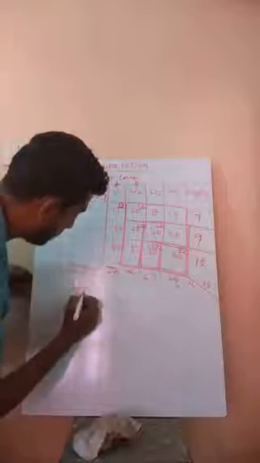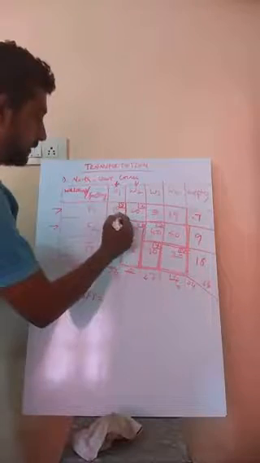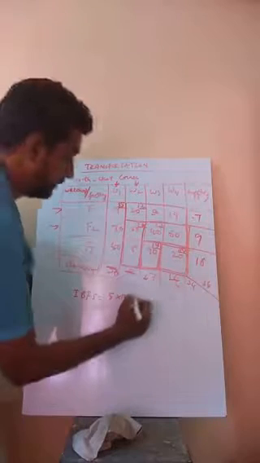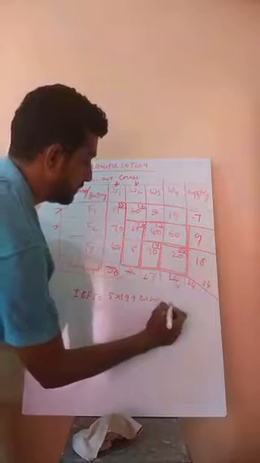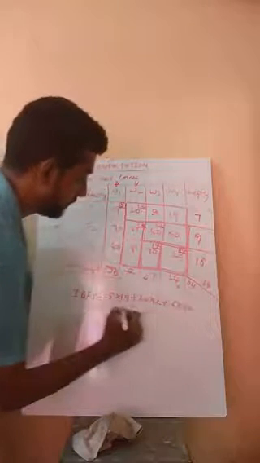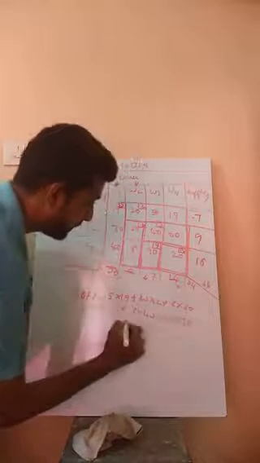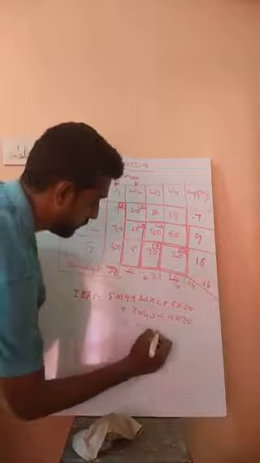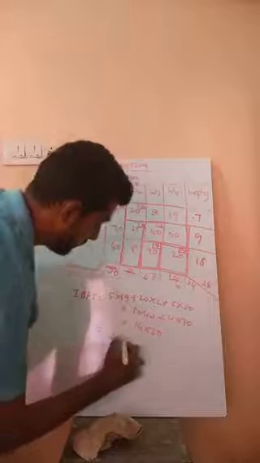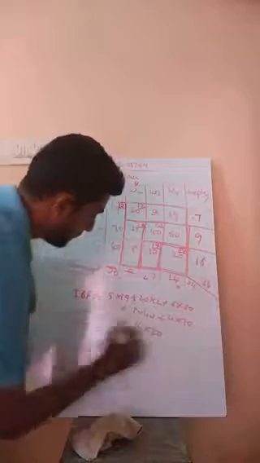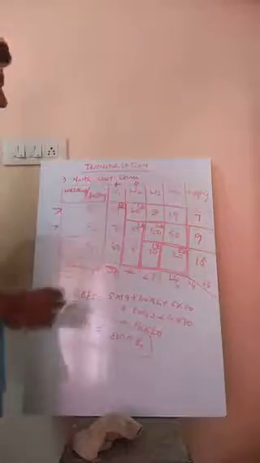At last, the initial basic feasible solution is equal to the allotted value times the cell value: 5 into 19, plus 20 into 2, plus 6 into 30, plus 3 into 40, plus 4 into 70, plus 14 into 20. The value of this is 2100 rupees. This is the initial basic feasible solution of this problem by using the northwest corner method.